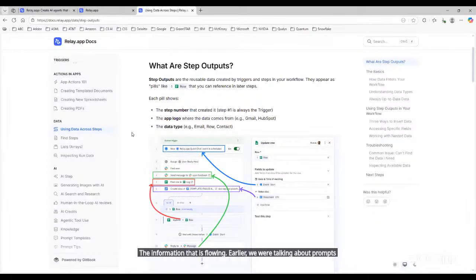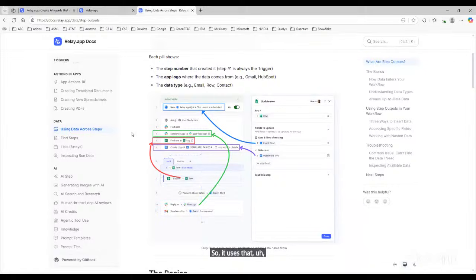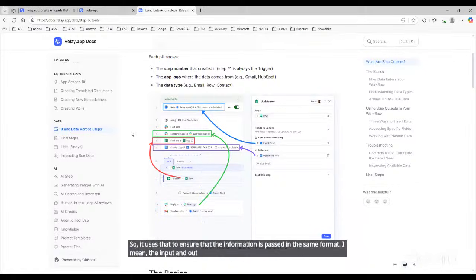That was about plain text or formatted text, rich text, HTML kind of formatting if required. Then we also have information like numbers or dates. It uses that to ensure that the information is passed in the same format. I mean, the input and output should match when we are connecting